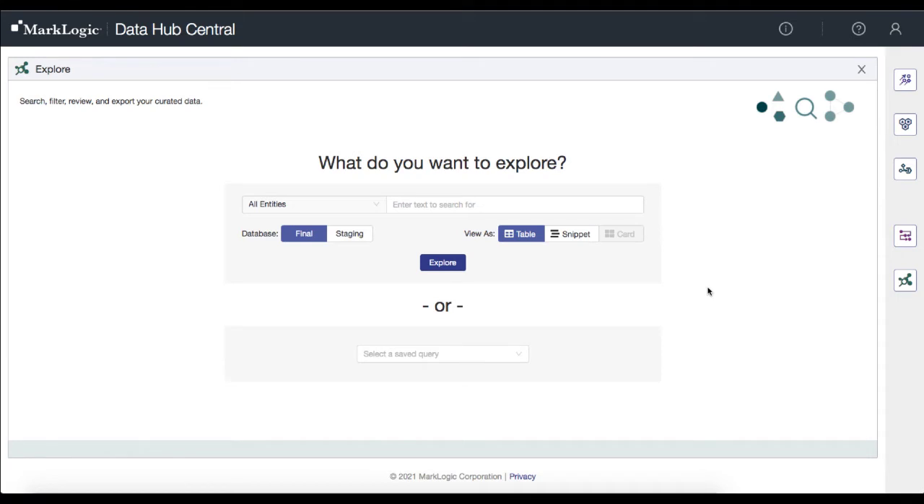You'll be presented with an interface that will let you choose what type of data you wish to explore and whether you want to explore that final curated data or whether you want to explore the raw data that you loaded as is into the staging database. You'll see that right here you can explore entity models. You can also explore specific entity data like our customer entity,